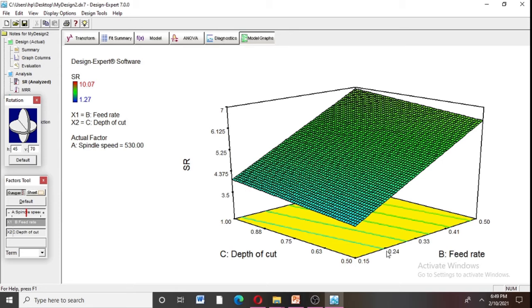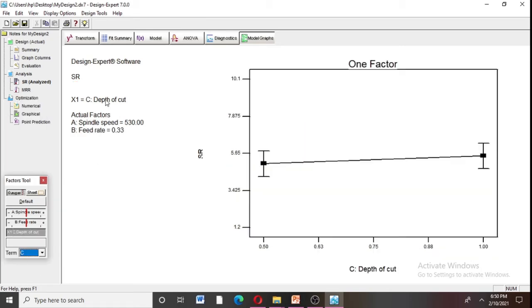Here you see, if the feed rate increases from 0.15 to 0.5, there is a huge impact on surface roughness, which means if feed rate increases, the surface roughness value also increases. But you see in depth of cut, if I increase the depth of cut, there is no change in the surface roughness. So according to our previous plot and this plot, feed rate only has a significant effect on surface roughness. This kind of information we can infer from these plots. Then I can choose another